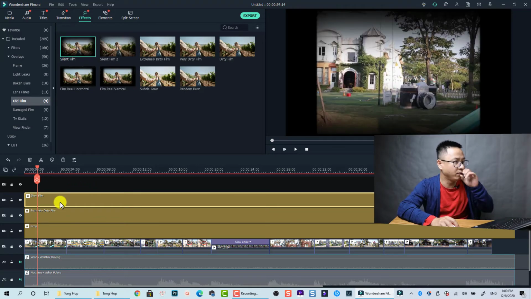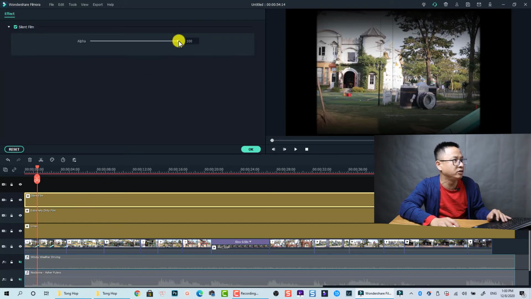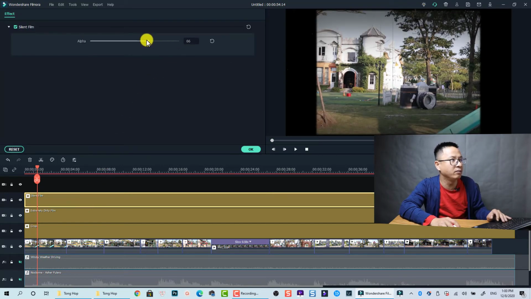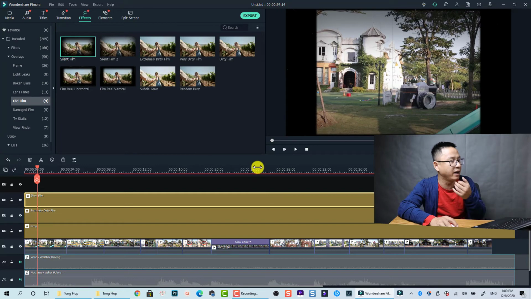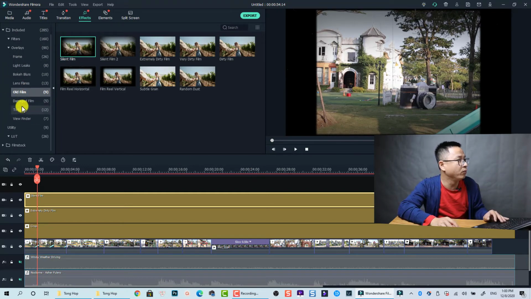Okay, so this is a black effect around your video, but we can reduce it by double clicking on the effect, and then adjust the alpha. So I want to have it around here, but it's your choice, you can do it yourself. Okay, and click OK. And finally we need to add a LUT to that, and we are still in the